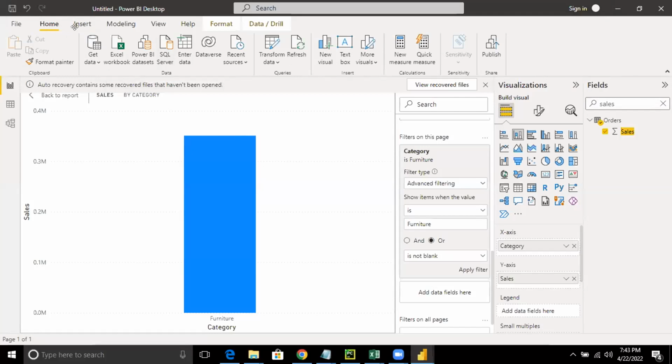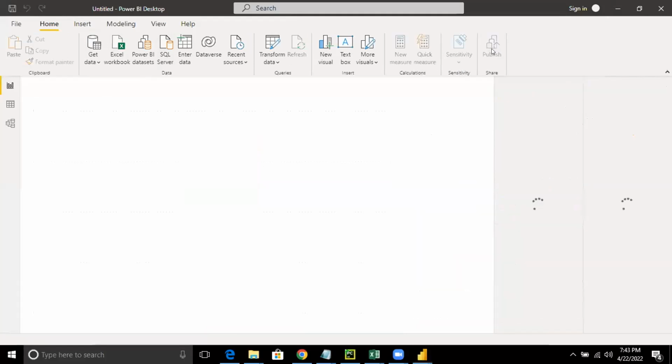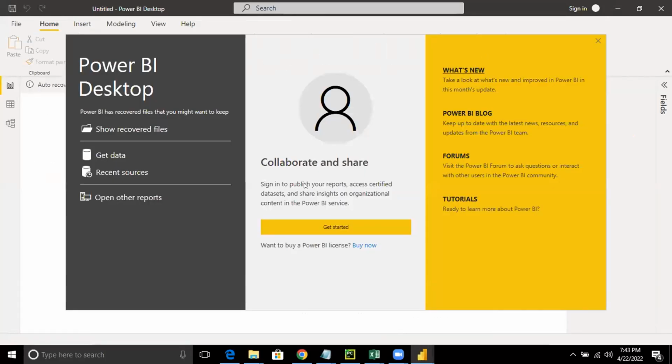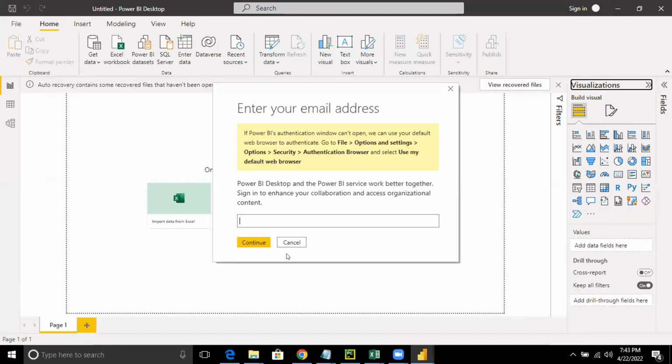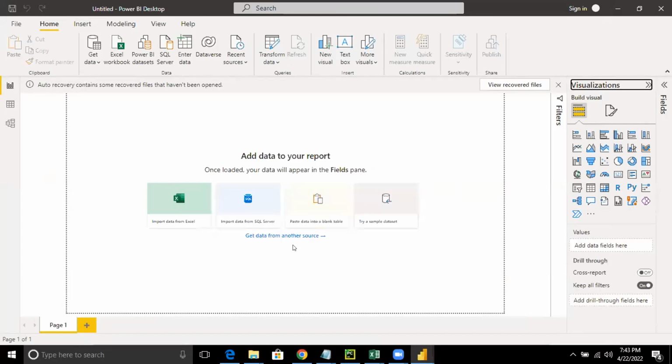And because this is a free version, if I click on publish, it tells me we need to purchase it. If I click on get started, it will ask me to sign in. So I'm stuck. I need to buy this tool to publish it. Yes, the cost is $10 per user, correct?